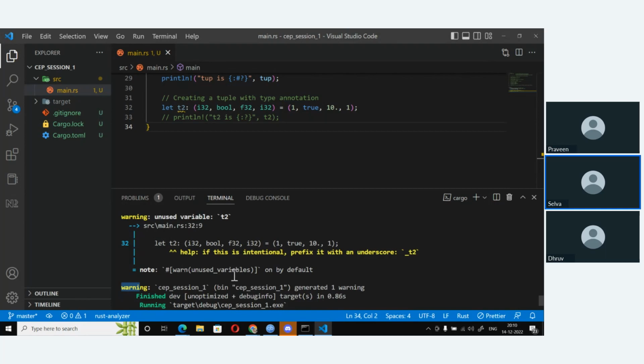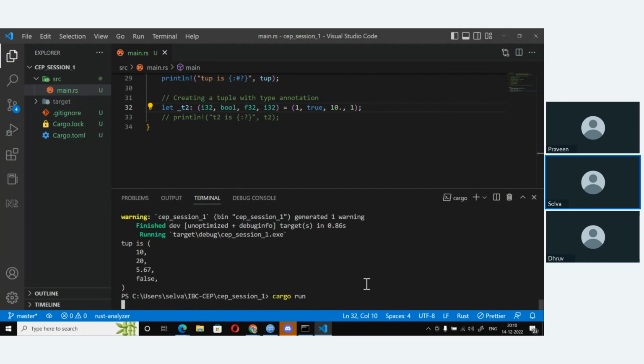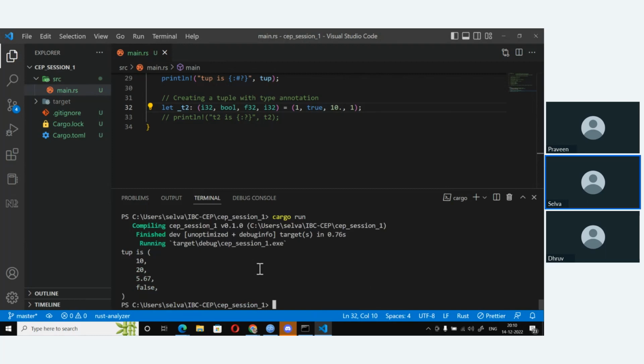Okay. So unused variable T2. So suppose this is intentional, then in that case, what you can do is if you put an underscore in front of it and save it, the error will be gone. And in fact, you won't see that warning here as well. The warning is all gone.